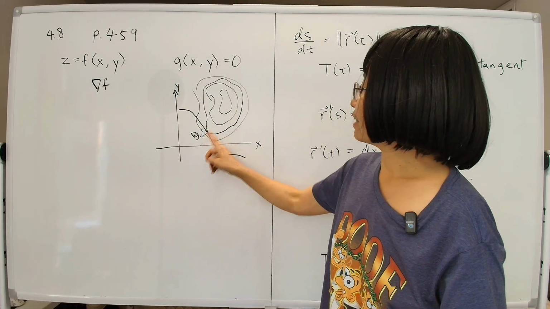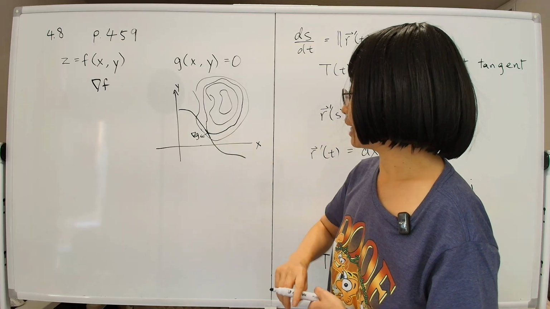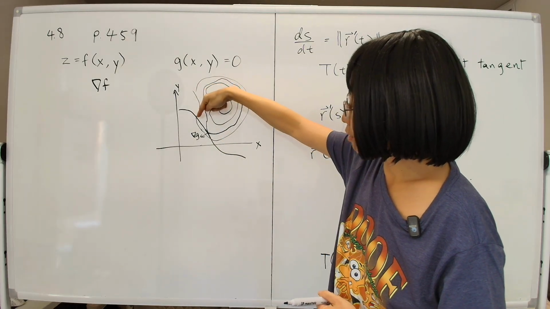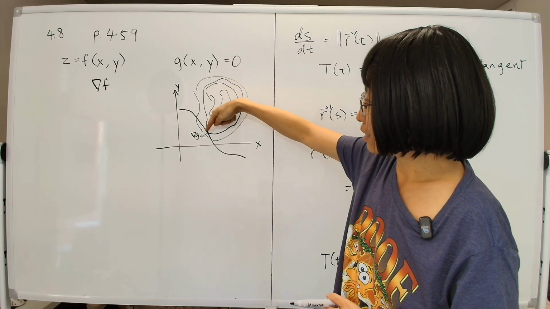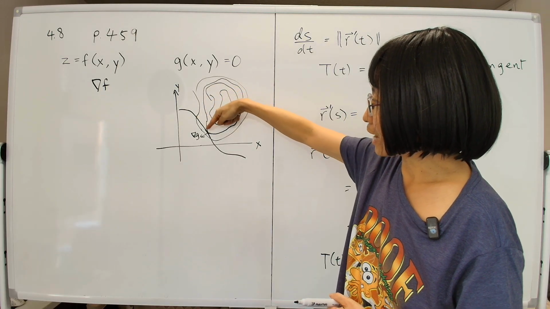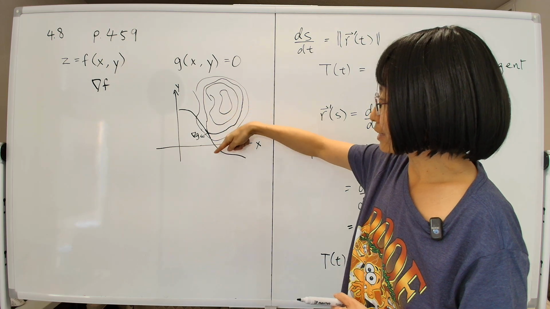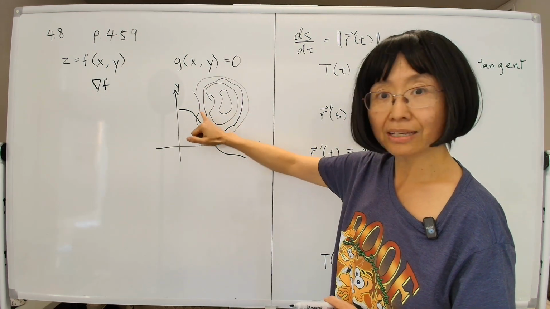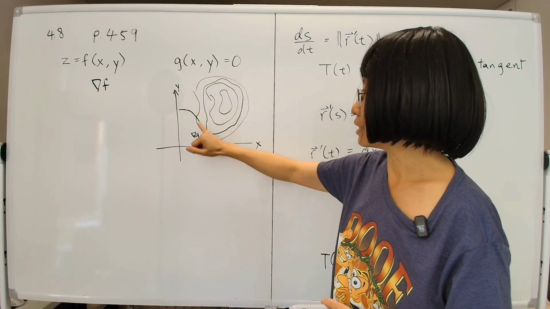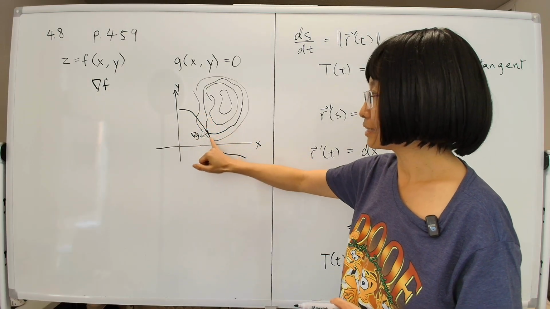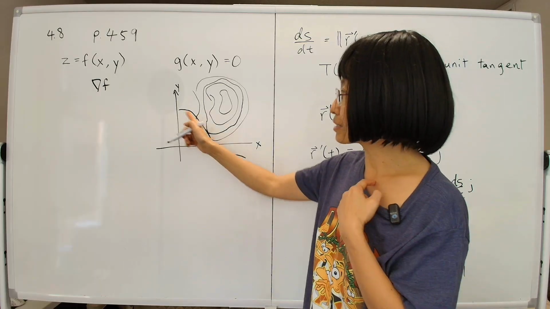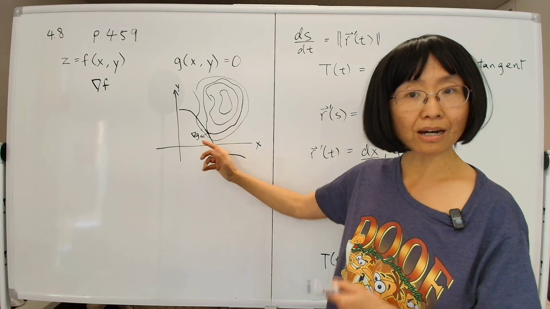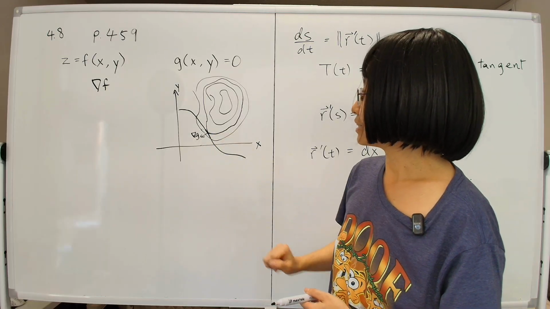Okay, so if that's the case, then at this point, first you can see that if you walk along there, along here, then you will reach the highest point and then go back down again, because this is a contour line, right? This line is at a level higher than this one. So you go from here, go to the highest point, and then go down again. So therefore, on this line, the function f is maximized at this point where the contour line touches the